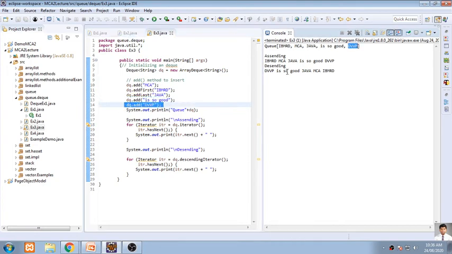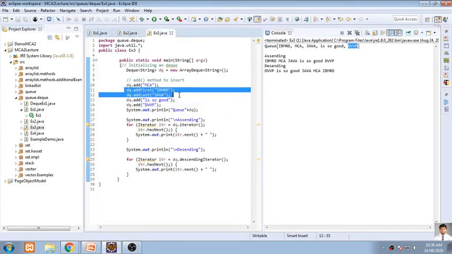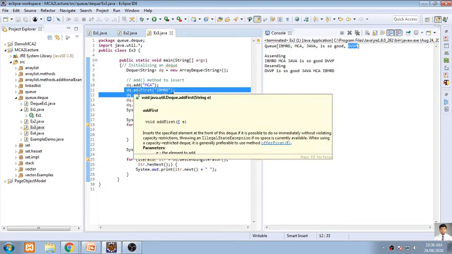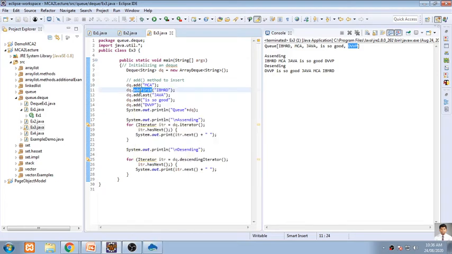This is the fifth element. See, add first and add last take effect at whatever situation you are in when you call that function. If I have only one element, MCA, and I say add first, then it will be added at the first of MCA. And if I say on the third statement add last, Java will be added at the last of MCA. After that execution, I start adding this, so it has a separate way of adding those elements.